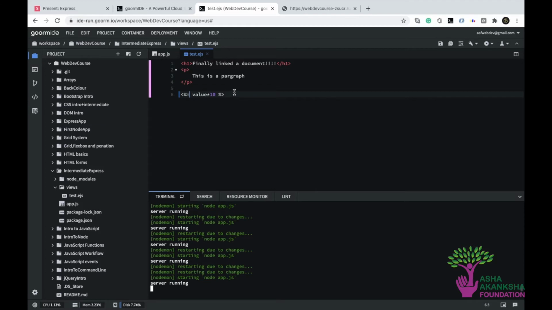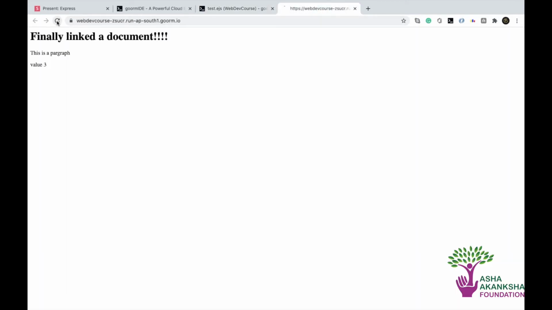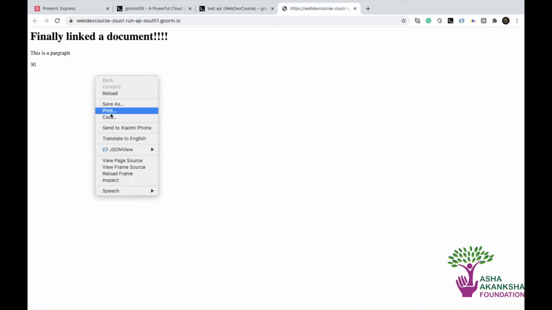So if you do this, then this expression will be evaluated and its value will be substituted inside this HTML document, right? So whatever you write in here is evaluated and it is done, and then it returns something to you, and that is substituted in place of this whole line. And that is how, if you inspect this page right now,